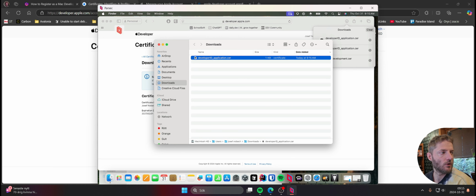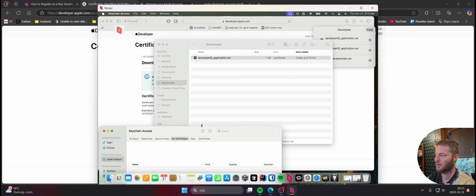And what you have to do with this certificate is, two seconds, look here. You have to add this certificate to your Mac and your keychain. And what you do is you just double click it actually. So I will double click this certificate. As you see, it's a process of specifying, downloading, creating. These steps are a little bit jumbled, but now I will double click the developer ID application to get it